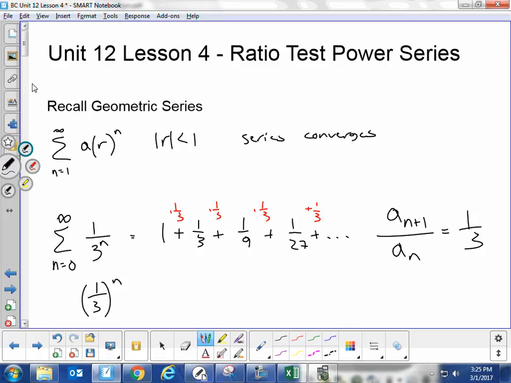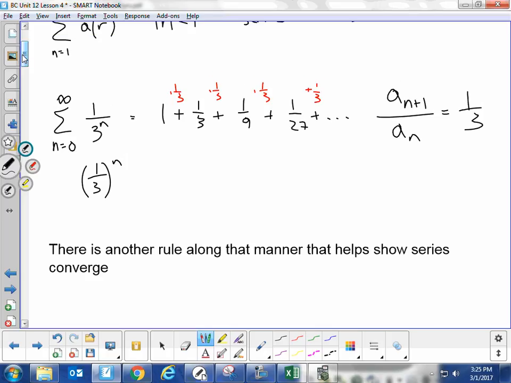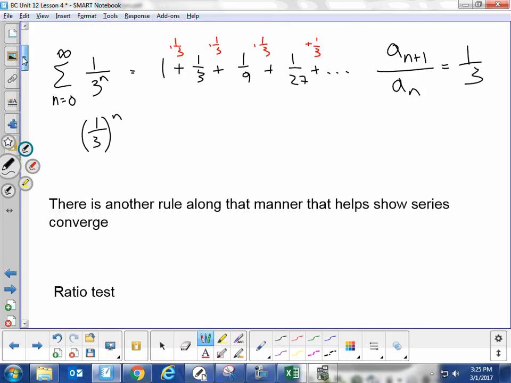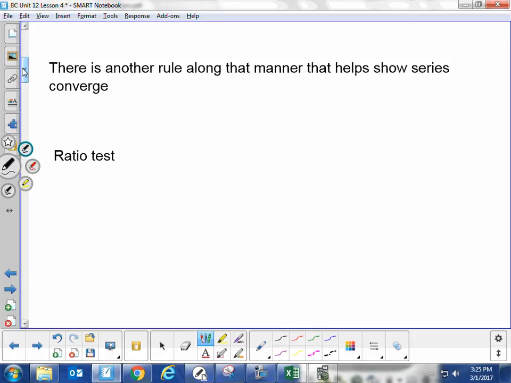Well, there's a test that goes along this manner and helps show that series converge, and it's called the ratio test. Okay? First, we have to make sure we qualify as possibly converging. We have to make sure a sub n, the limit as n approaches infinity, approaches 0. Now, if it does,